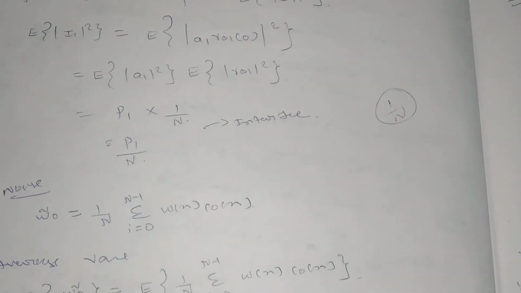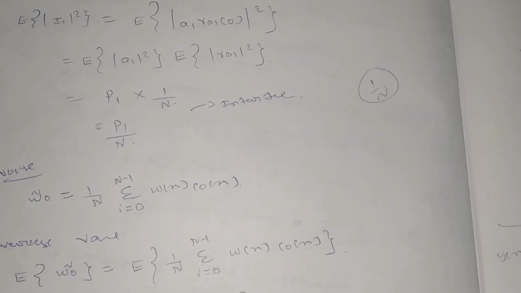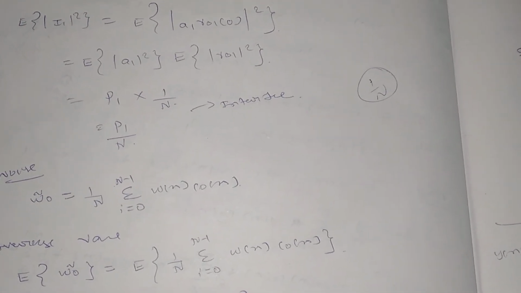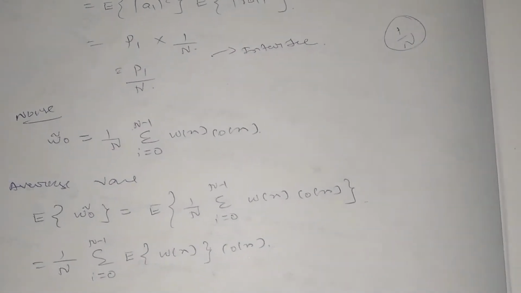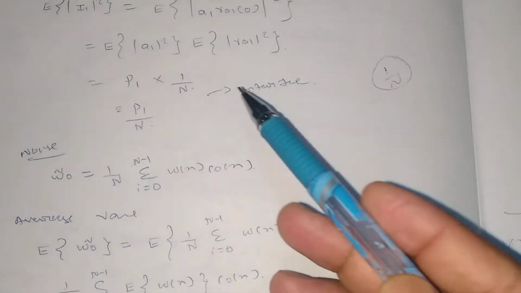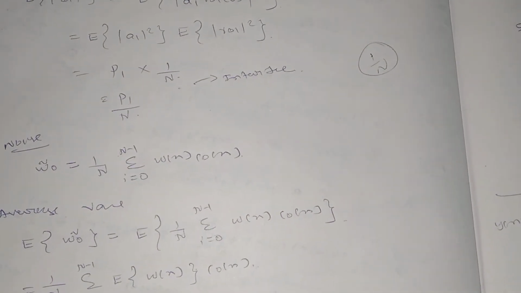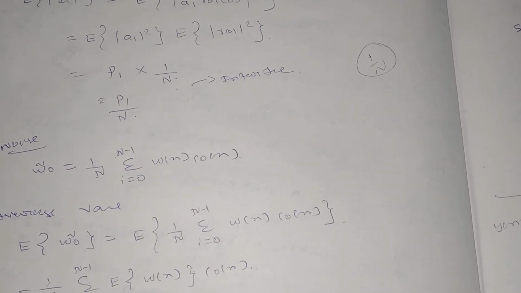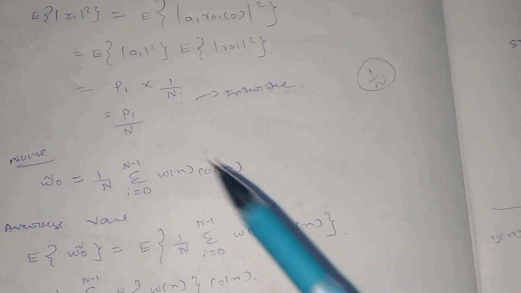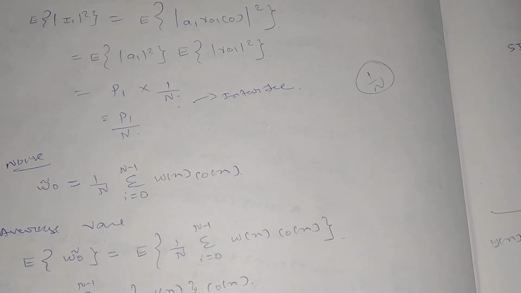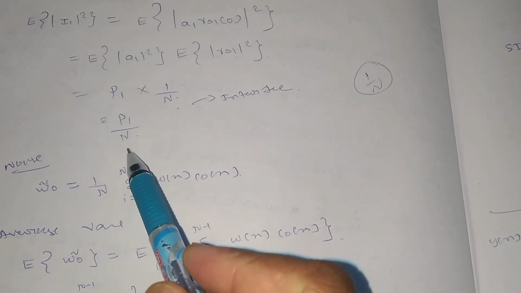So this is from the properties of PN sequence. Autocorrelation will be 1, and cross correlation will be equal to 1 by n for any sequence. So from that property I can write cross correlation as 1 by n, where n indicates the length of the PN sequence which is used for decoding and encoding. Then I can write P1 by n as the composite power for the first interferer.